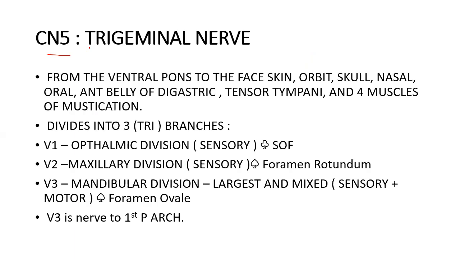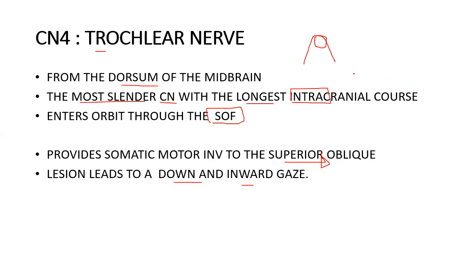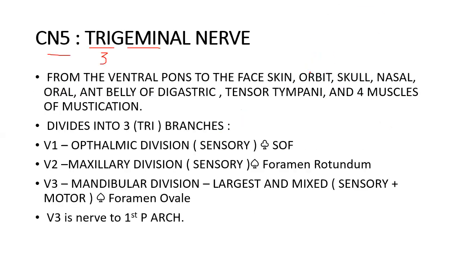So the word tri means 3, geminal, germinating, 3 roots, trigeminal nerve. So this is coming from the ventral pons. So you come here, this is our pons, so it comes from there, just ventral, and then goes down, right? So the trigeminal nerve is one bundle coming off, though it has a small motor root. But for now, we'll talk about that in neuroanatomy. For now, the trigeminal nerve is coming from the ventral part of the pons, and then goes to the